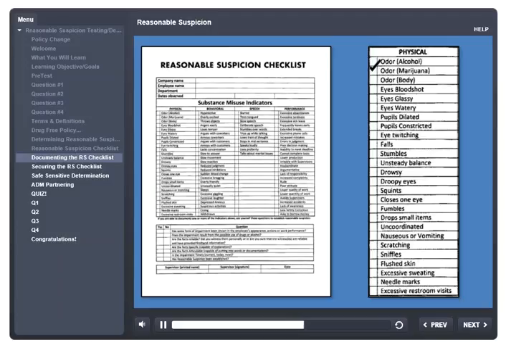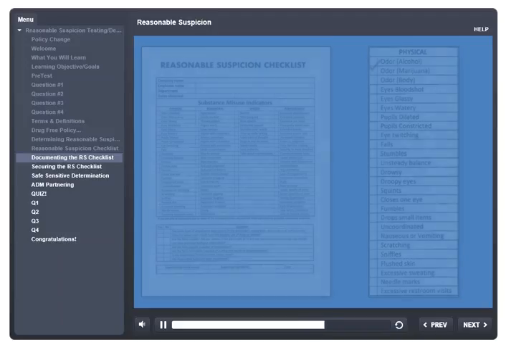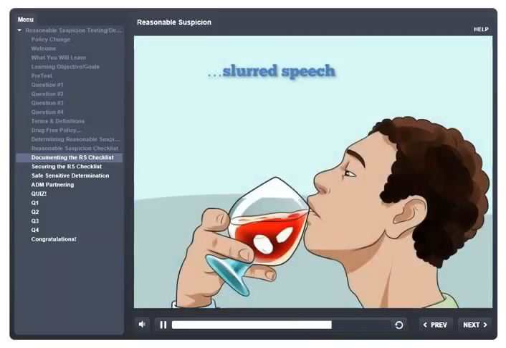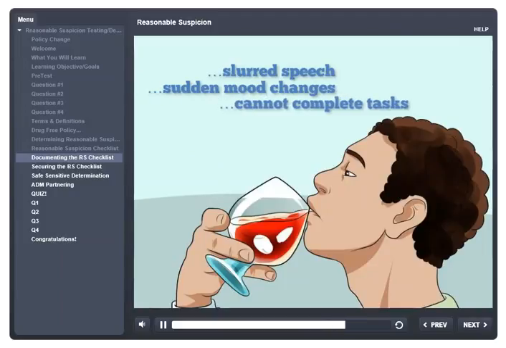Let's look at another example. Suppose a team member is exhibiting substance misuse indicators such as slurred speech, sudden mood changes, and cannot complete tasks. These indicators should immediately alert the manager that he or she has enough reasonable suspicion to proceed with documenting the